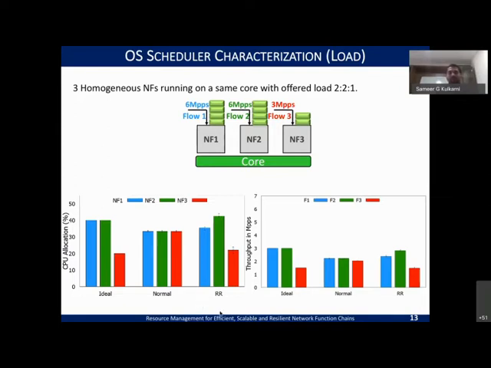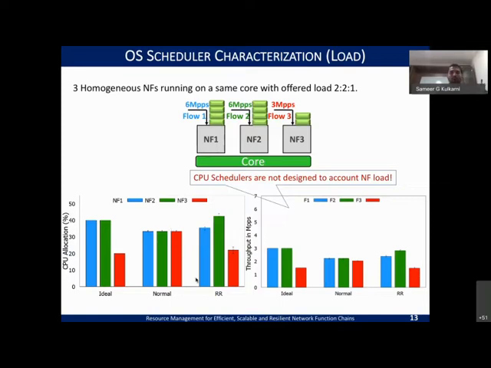So you can see here, just by changing the scheduler, the amount of CPU that each instance gets is varying, and this has a direct consequence on the amount of throughput and the amount of data these network functions can deliver. Right? So you can observe that the CPU schedulers are behaving differently, and the reason is that they are not designed to account for the NF load.